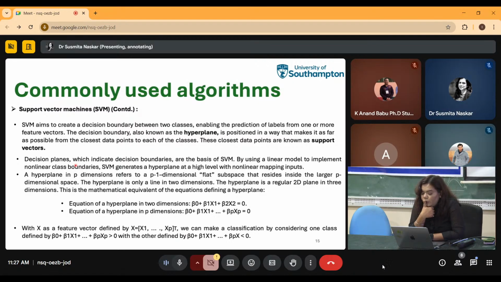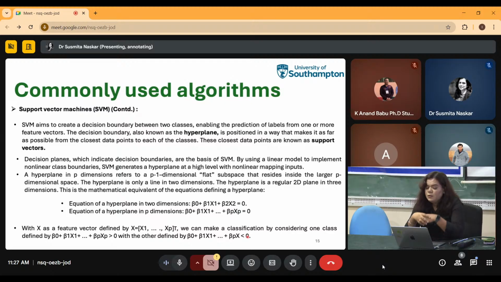If you define it mathematically in two dimensions, it can be defined as beta 0 plus beta 1 x1 plus beta 2 x2 equals 0. When you write it down for p dimensions, it becomes beta 0 plus beta 1 x1 plus beta 2 x2 up to beta p xp equals 0. So with the feature vector x, we classify one class as having beta 0 plus beta 1 x1 plus beta 2 x2 till beta p xp always greater than or equal to 0,